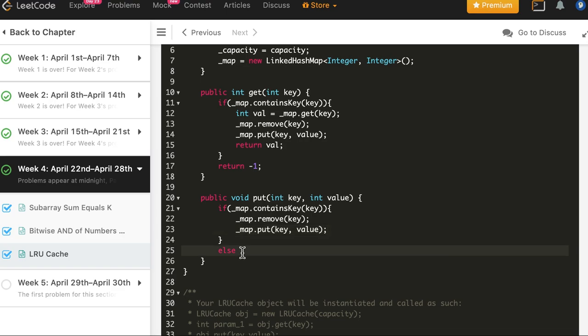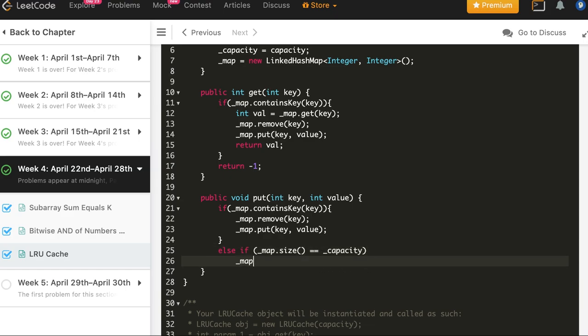It will be removed from some middle position and put in the beginning. That case is done. What will be the second case? If it's not present in the map, then we are inserting a new element. So capacity check is required. So if size is equal to capacity, and this we will get from map.size. So we have to remove the first key that was inserted. The way to get it is